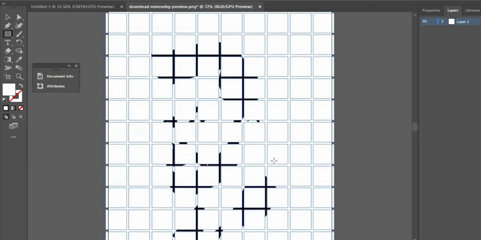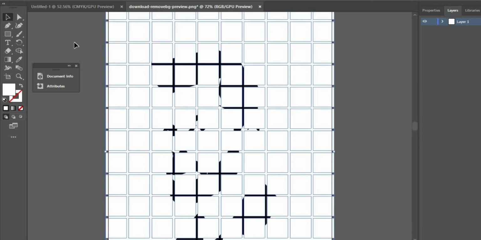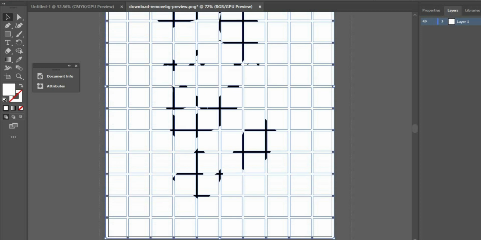So here it is. Now what you need to do is click on the selection tool, and from the corner select, make a rectangle out of it.